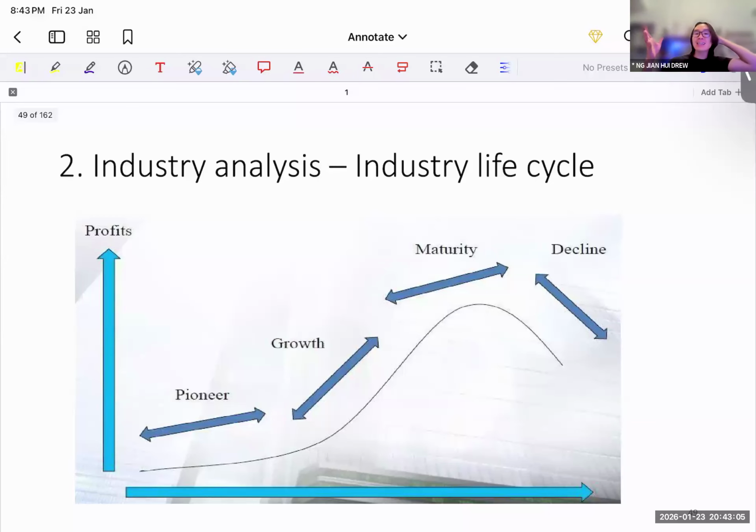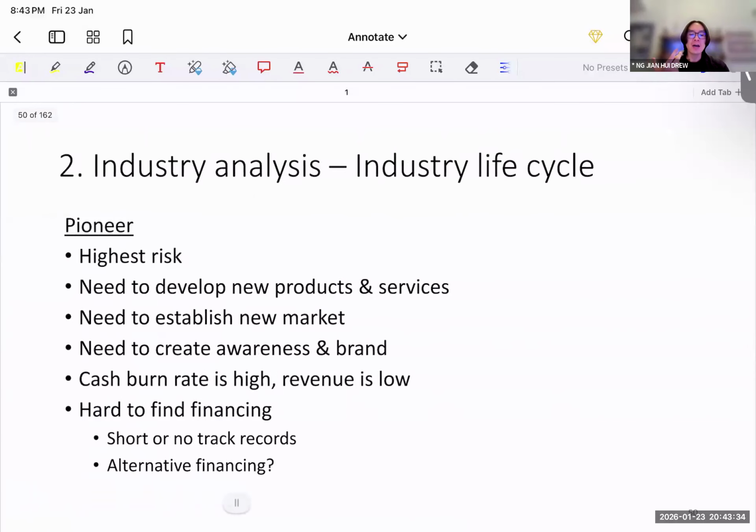Now, from sector, we are going even further. We are going even deeper to the industry, right? What part of the industry is this company in? So we are going even lower now. Is this a startup company? Is this a growth related company? Or maybe this company is in decline already, no longer popular. This product is no longer popular. So from the sector, we now go into the industry the company is playing in and which part of the life cycle the company is in.